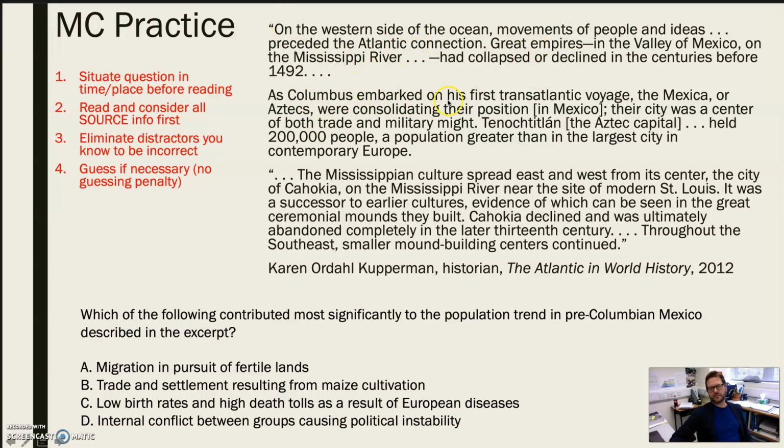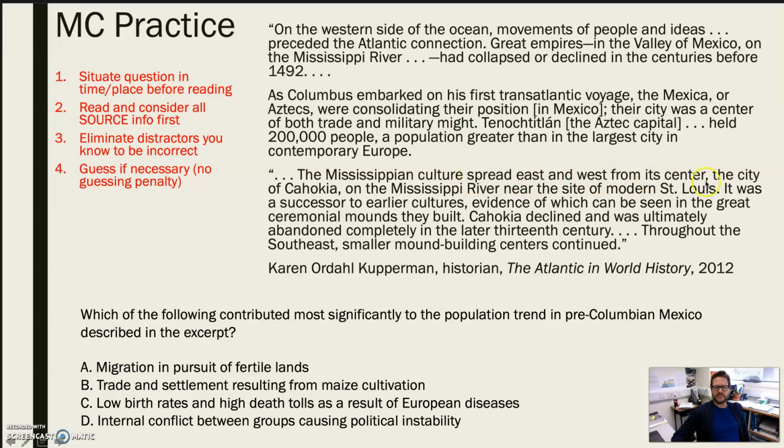As Columbus embarked on his first transatlantic voyage, the Mexica, or Aztecs, were consolidating their position in Mexico. Their city was a center of both trade and military might. Tenochtitlan, the Aztec capital, held 200,000 people, a population greater than in the largest city in contemporary Europe. All right, again, as Columbus embarked, meaning he has not arrived there yet, pre-European interaction,